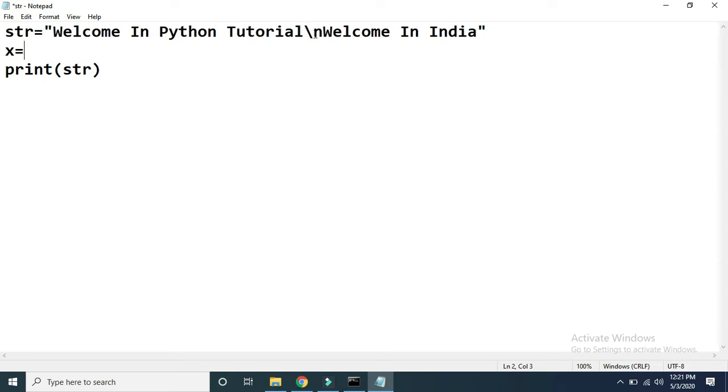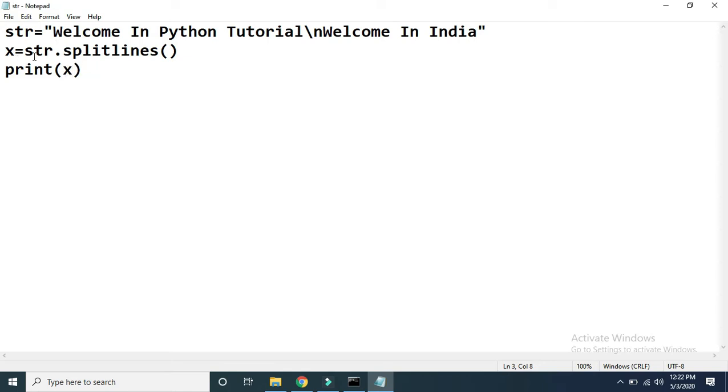The second statement is on a new line because of the backslash code, so here we can use the splitlines function. Now instead of printing str, I print x.